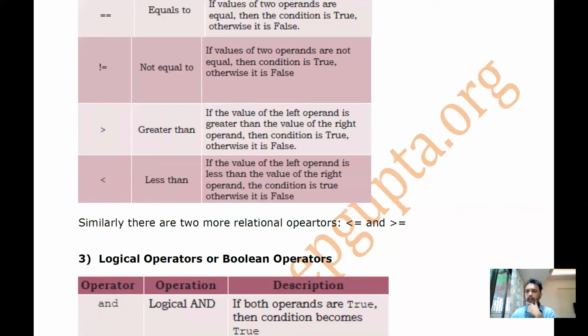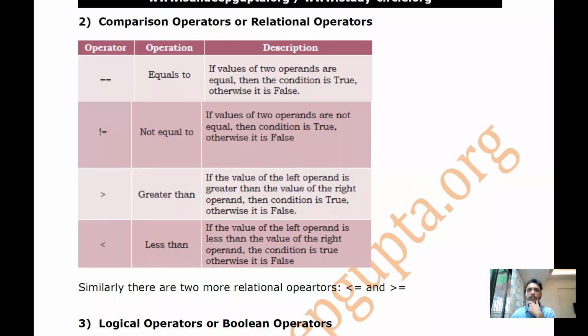All right. So now guys, over here, we have these comparison operators, also called relational operators. We have a total of 6 comparison operators: equal to, not equal to, greater than, lesser than, less than or equal to, and greater than or equal to. I'm sure you know how they work, but still, we'll just take one or two examples.